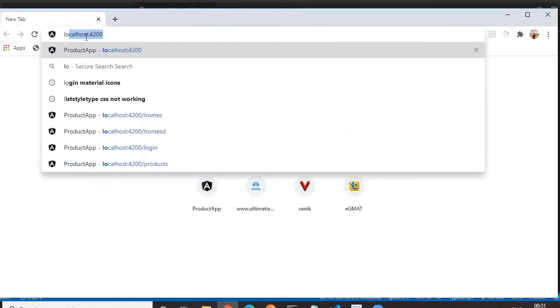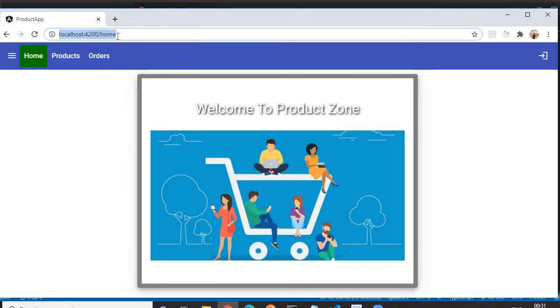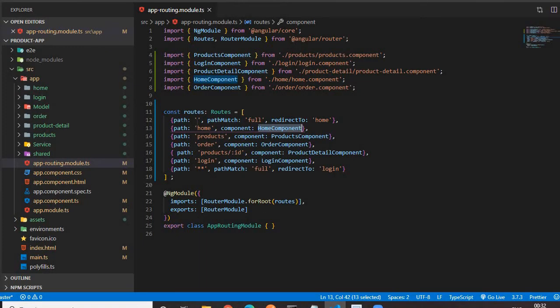How can I access it? I will type the URL. Once it loads, if you see, it will automatically land on the home page, or home component, or we can say home path. Why does it land on the home path on page load? Because we have not clicked on home, but it is navigating us to the home path, because we have configured here that when we load the page, or when the path is empty, by default the home path will be activated, then it will reach here, then the home component will be rendered.